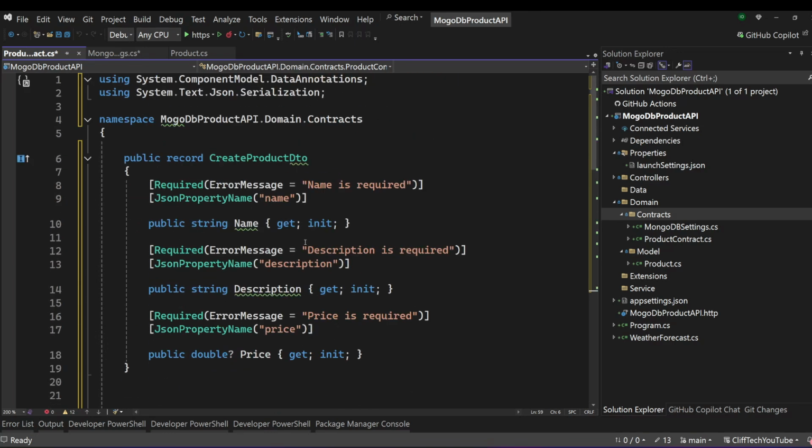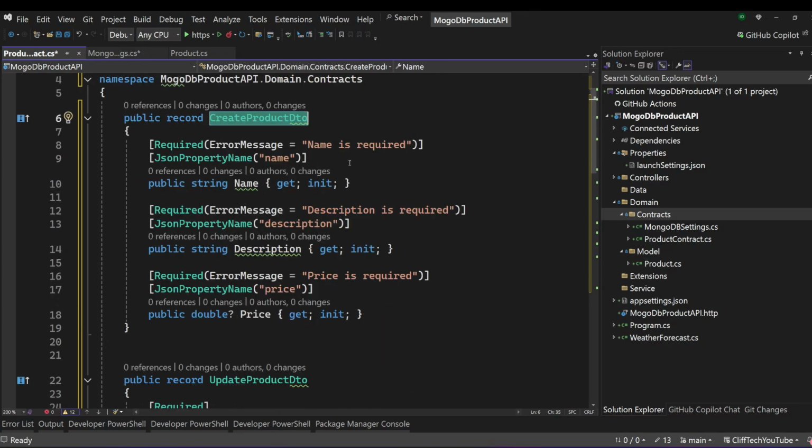We have these DTOs, which is create DTO. So the create DTO is like what we did in the model. What we have here is that we are making it required. So if you refuse to provide this one, you are going to get a message that name is required. And then this is a JSON property name, because as I said, MongoDB deals with JSON. So we have to make sure that this one too is JSON. Even though it's a DTO, this is what is going to represent